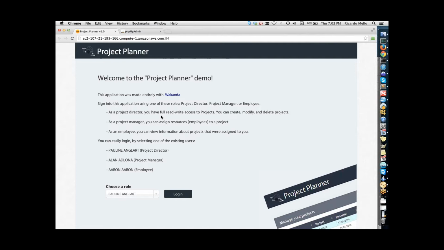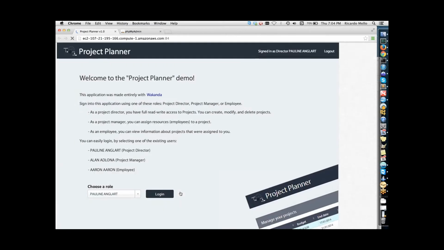It's a project planner, so it has all the managers and the employees and the skills. We're going to go in. You're going to see really quick, but all that and the MySQL, and you have the project itself on Wakanda. And the interesting thing is, we're building the business logic completely on the server side with Wakanda. Okay, so just to give you an idea, if I connect as a manager, as a director, you have three